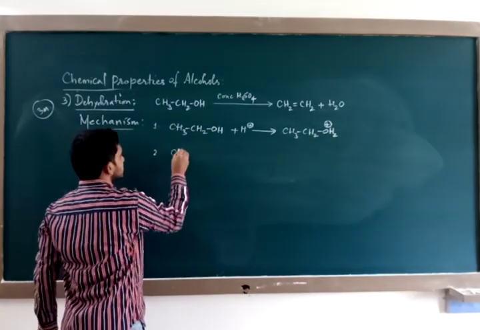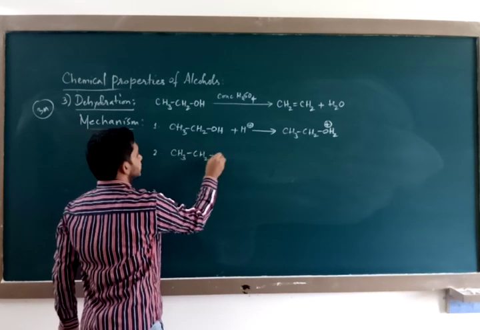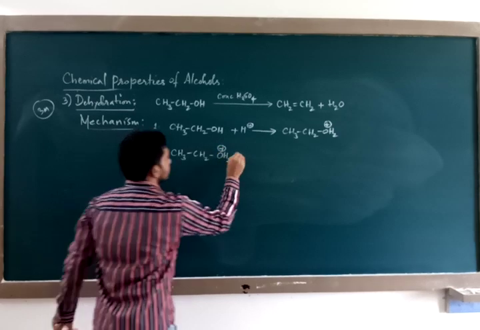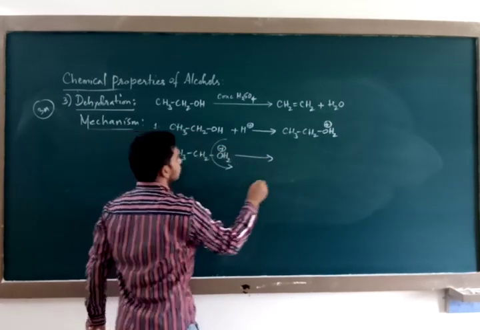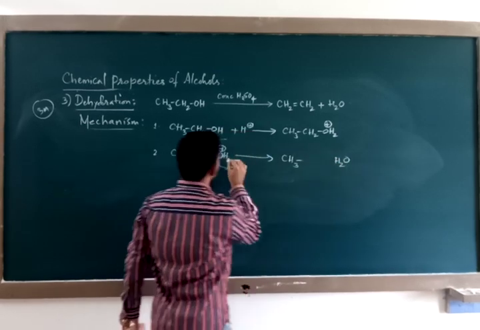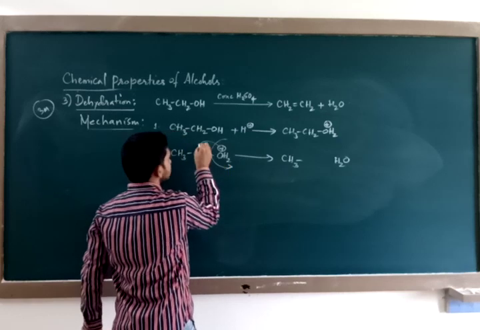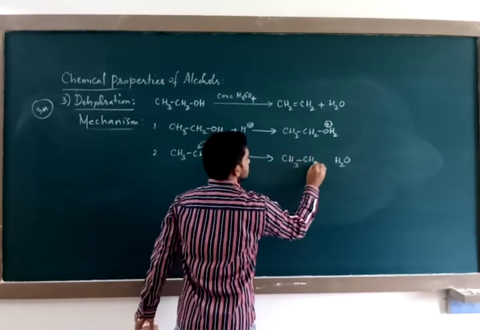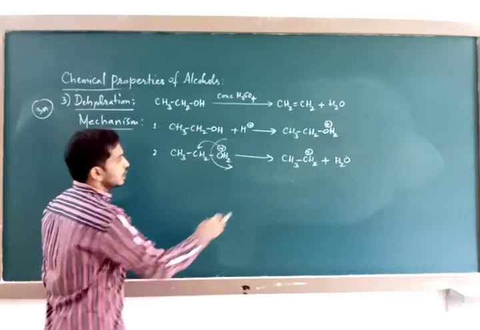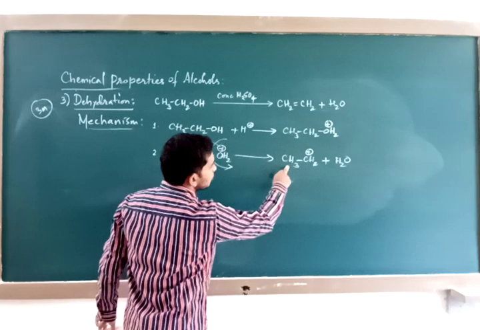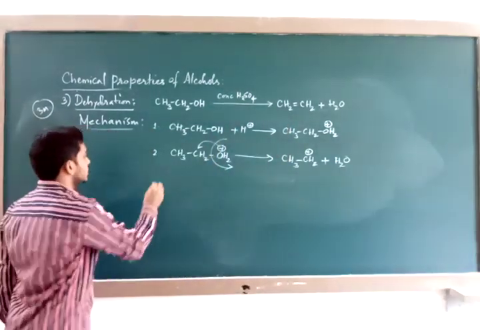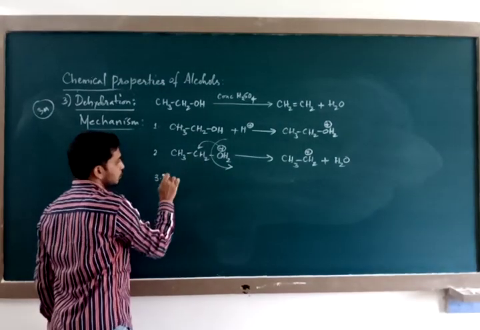The second step says remove the protonated part. So if this part is removed, what will be left? You will have water, H2O will go, the same positive charge will be transferred here. So CH3CH2+, ethyl carbocation is formed. And now how is this ethyl carbocation and our product alkene differing? They are differing only by a proton. So the third and the last step should be loss of proton, that is